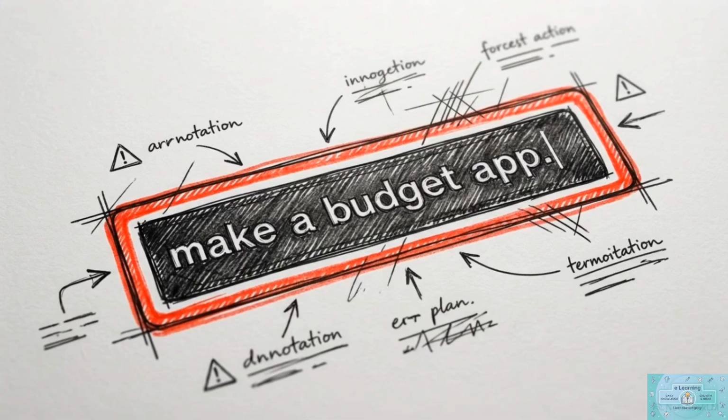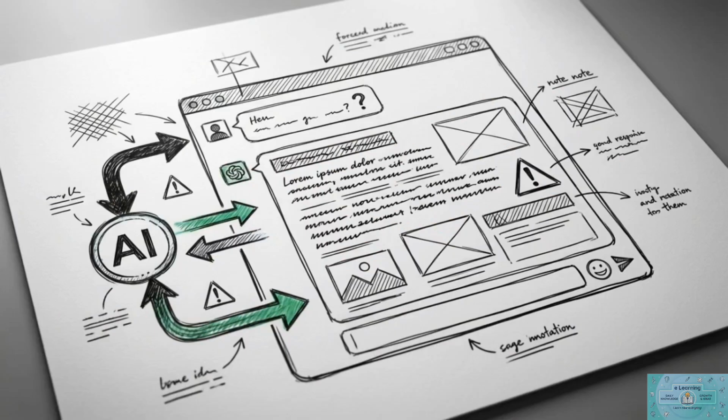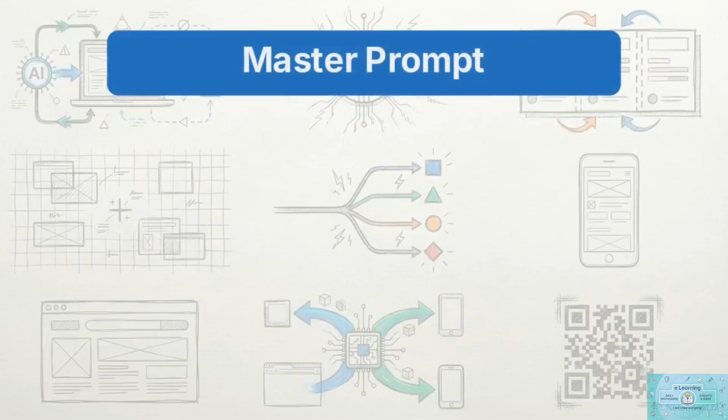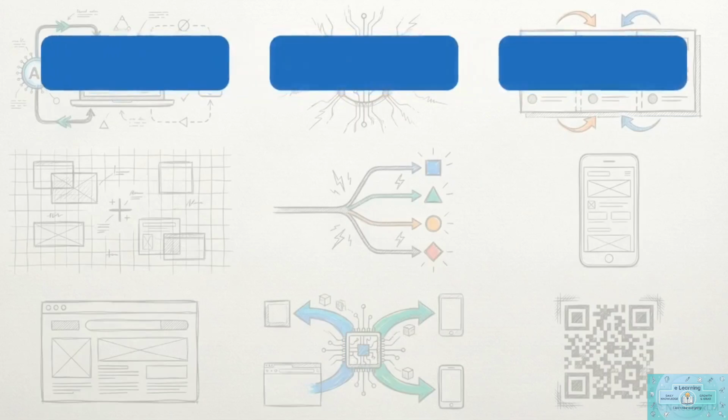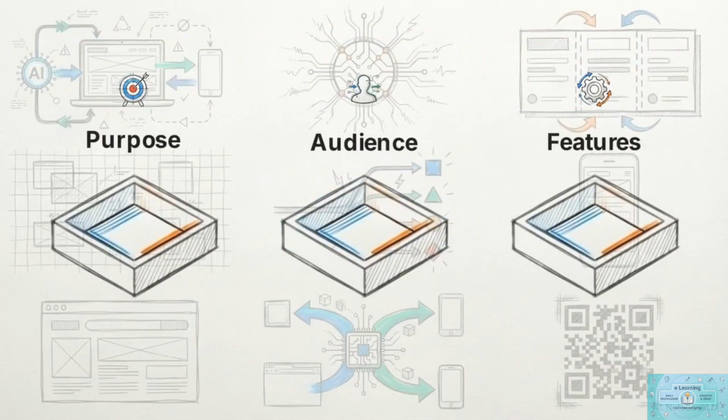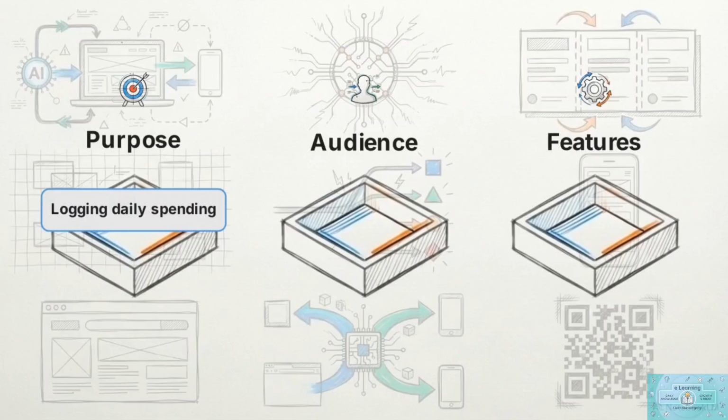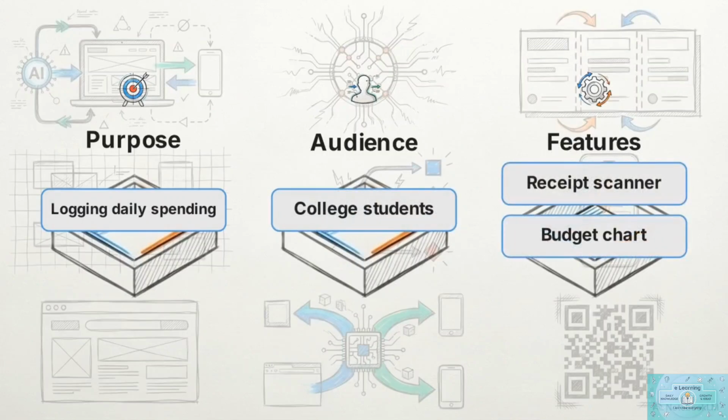Most new users fail right here. They submit a vague single-sentence command, which leaves the AI guessing. A successful master prompt splits your command into 3 measurable components: purpose, audience, and features. For an expense tracker, the purpose is logging daily spending, audience is college students, and features are a receipt scanner